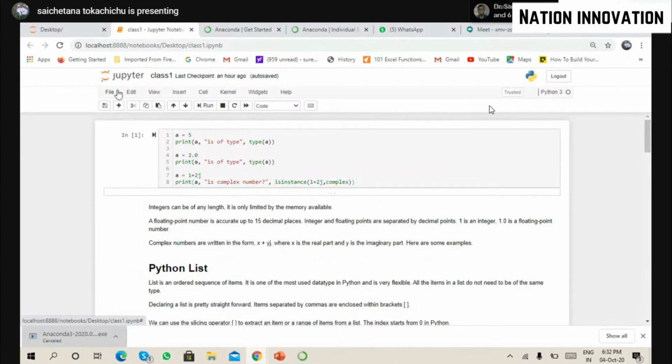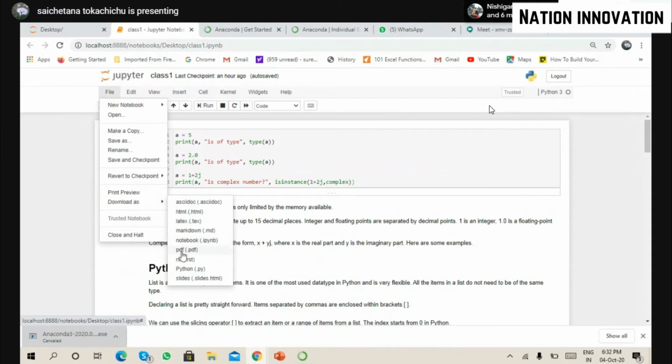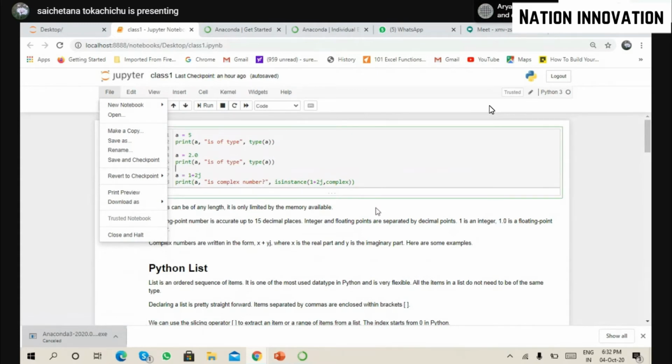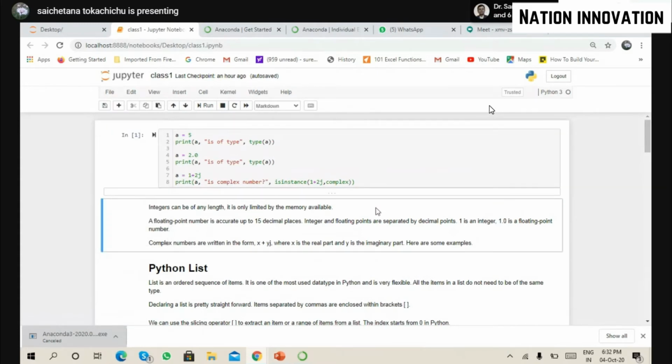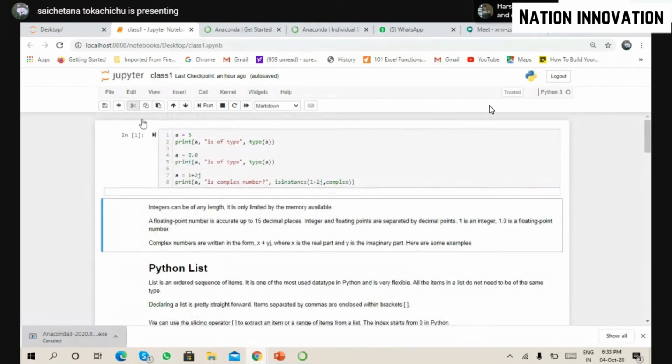This is where you create a new notebook, create a copy, save it, or print it. After completing your work, you can download it in the form of a PDF or as a notebook. By downloading it as a PDF, you may add it to your blogs or your research books, where you can share what research you have done. And in the form of a notebook, if you share it with someone, they can also run the same code and get the same results. So you have clarity when you are sharing your results, what work you have done and how you came up with your results. So this is what we can do.